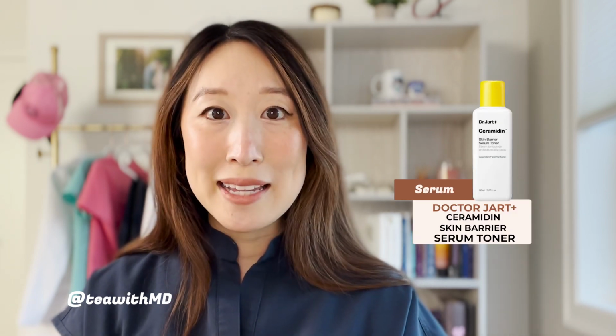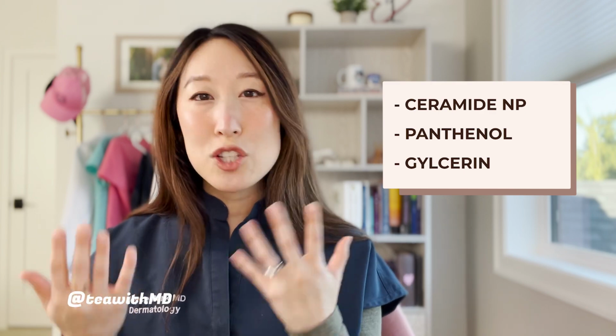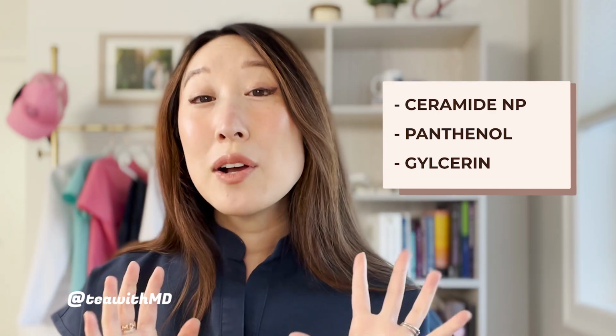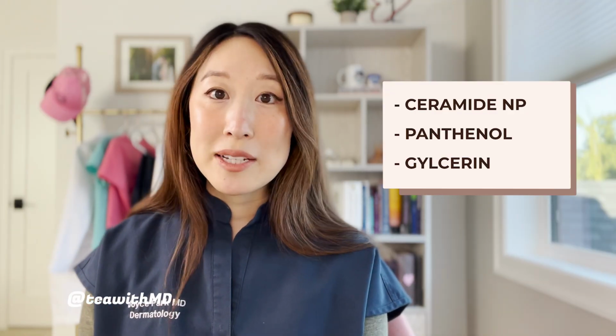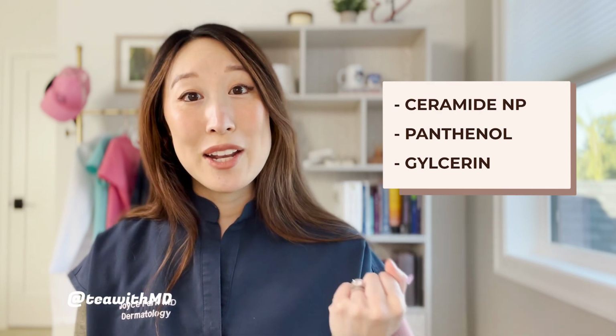Jart Ceramidin Serum Toner. This contains ceramide MP, which helps to strengthen the skin's barrier. It also has panthenol, which is an ingredient I really love for moisturizing the skin, reducing water evaporation from the skin, and helping to reinforce and heal my skin barrier. And it just feels really, really nice. And it also has glycerin, that humectant that we talked about before,